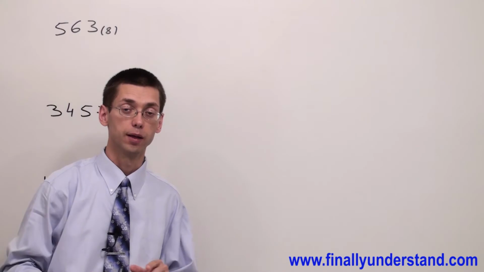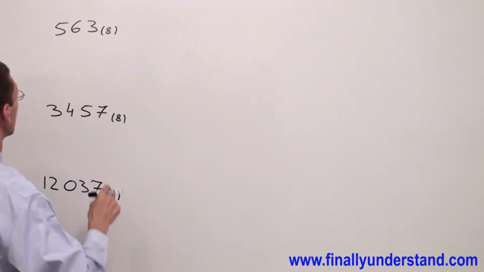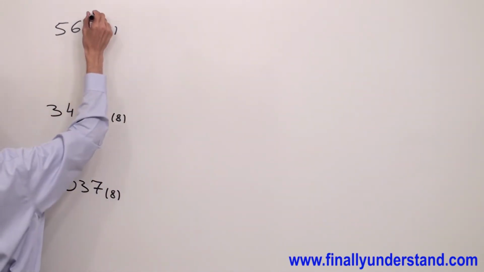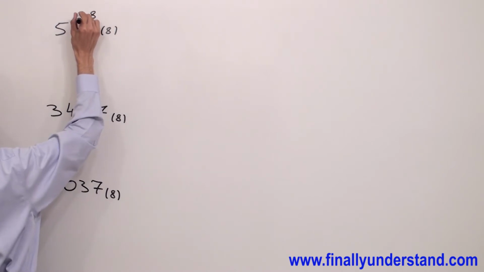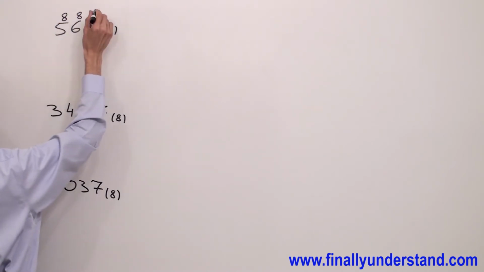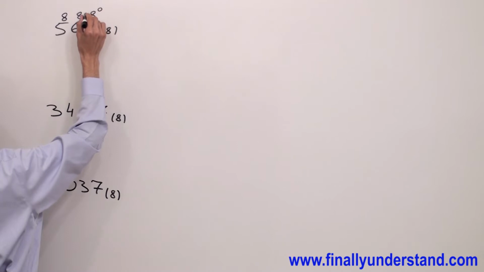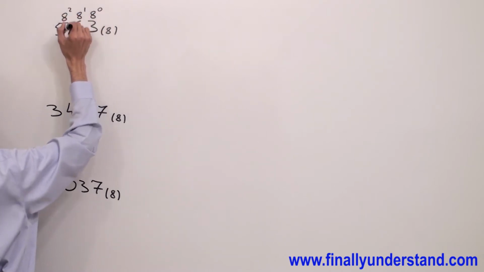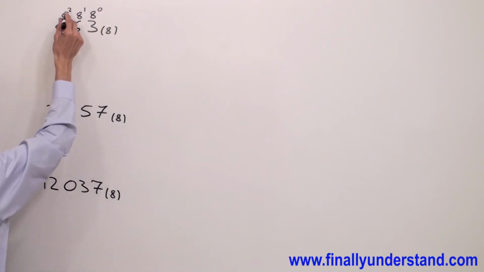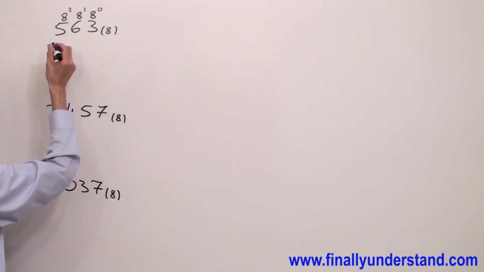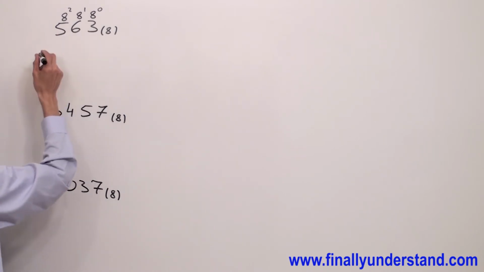Let's take a look at these examples. Again, we're supposed to convert octal numbers to decimals. Like always, we are going to write the base over every single digit and write exponent 0, 1, 2. Okay. Next, each weight you have to multiply by the digit, and in this case I'm going to have 8